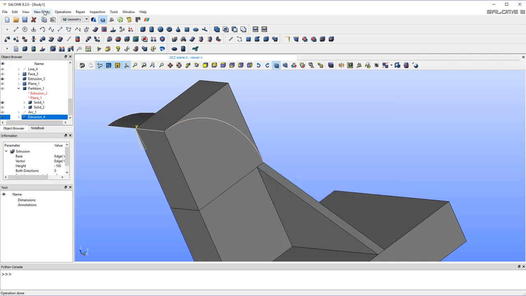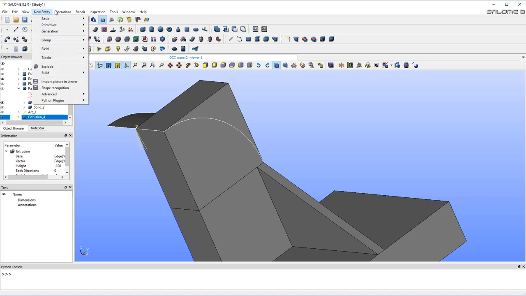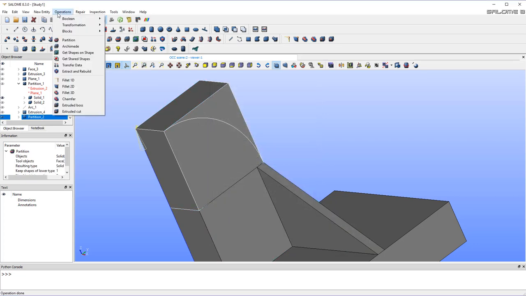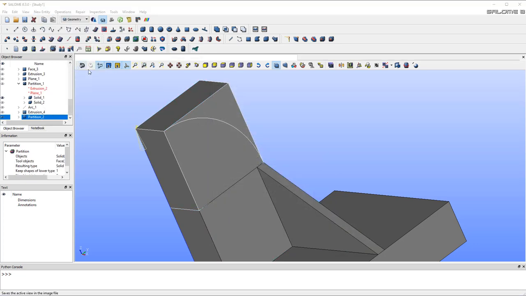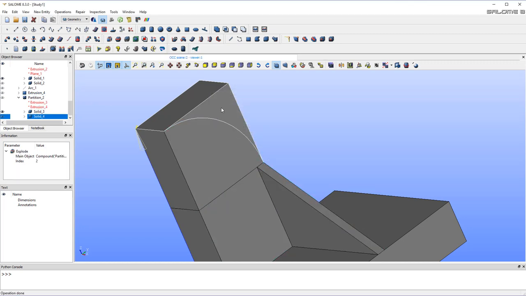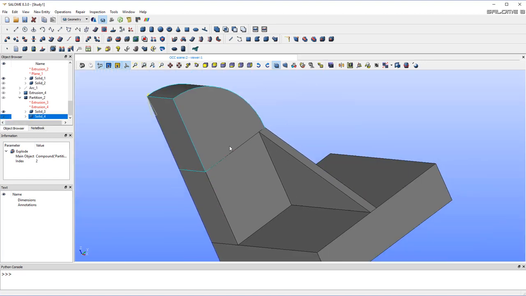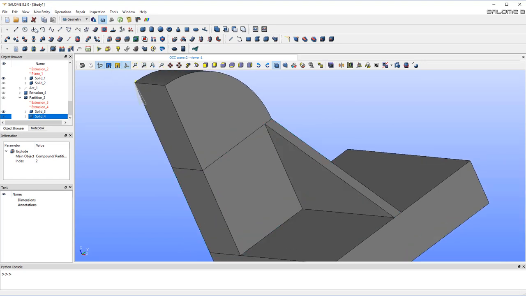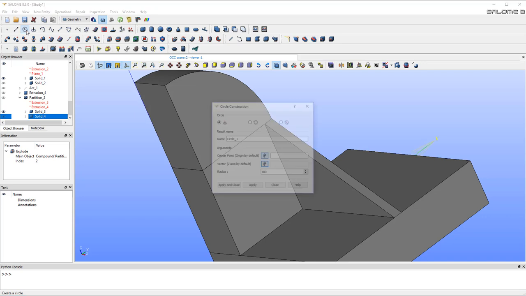and I will again do the same thing that I did. I will do a partition of my extrusion here and my plane, keep the lower shapes, and I will explode that into solids. Now I'm able to cut this like this. Now I need to create two holes. So create holes,